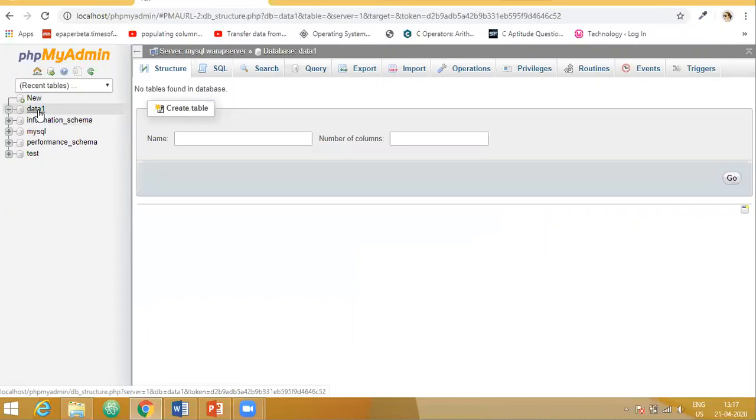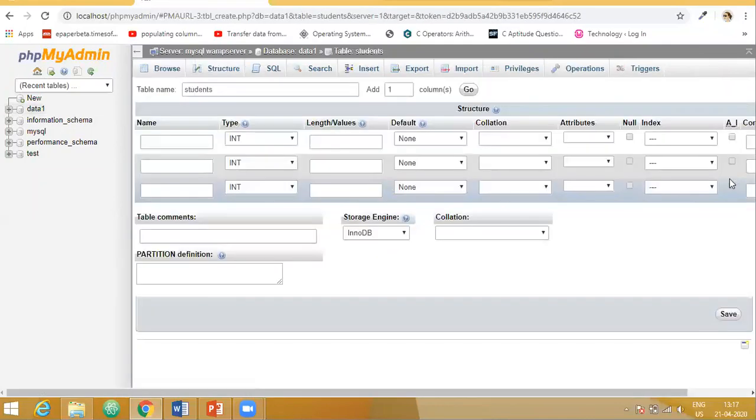Click on data1, that is a database, and here you are allowed to create tables. Let me create one table with the name students. It is asking me for how many columns, I will say 3 and then say go.